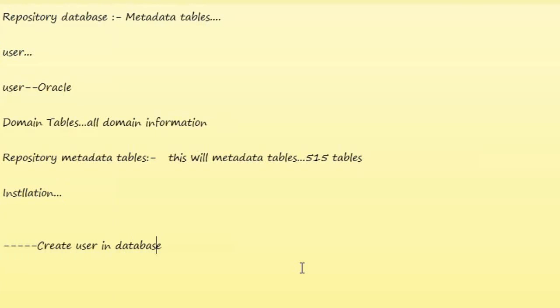I have an Oracle database installed in my system. I'm going to create one user in my Oracle server database, and you also need to grant privileges to the user, because when you give that username while creating a repository service, it will create a set of tables in the database. So the user should have the privilege to create tables, drop tables, and all these things. So first, grant a DBA privilege to the user you have created.